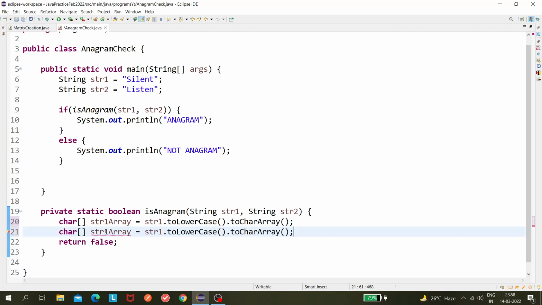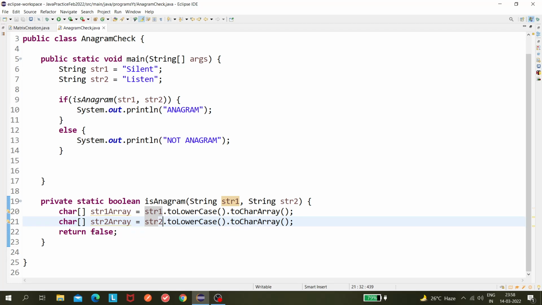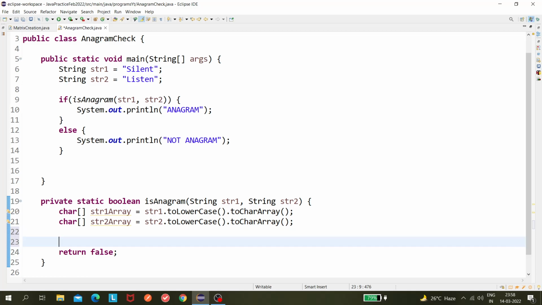Then I will update the name, and here I will be updating str2. So we got two character arrays, str1 array and str2 array. Now what you have to do is sort it, right? So for getting the sorted array, what you have to do, str1